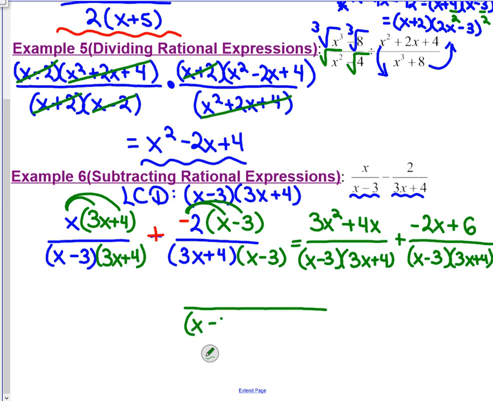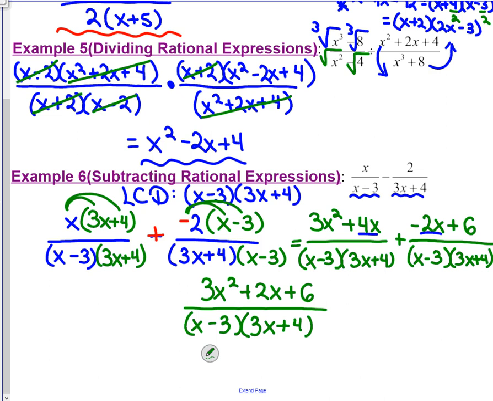Leave your common denominator. That will be your denominator for the final answer unless something can cancel between top and bottom. Combine your two numerators. The only x cubed or x squared term is 3x squared. There isn't even an x cubed term. Two x terms. Let's get my powers right. 2x terms, 4x and negative 2x combined to give me a 2x. And one constant term. Okay, so when I look at that, 3x squared plus 2x plus 6,